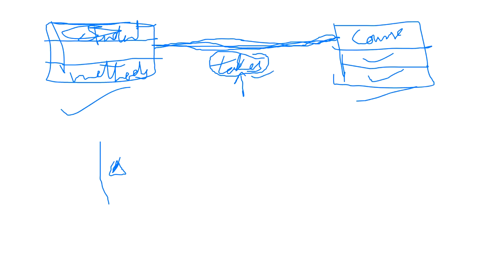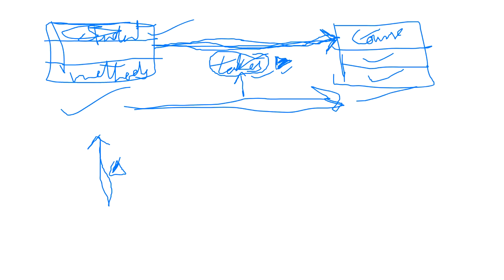Also here you can provide the direction, that you have to read it from here to here, that student takes course, right? So this was your association relationship. You can also provide a directed association. If you don't want to provide this direction here, you can give the association as directed association. Then it automatically means that this association is from this way to this way only, that student takes course.